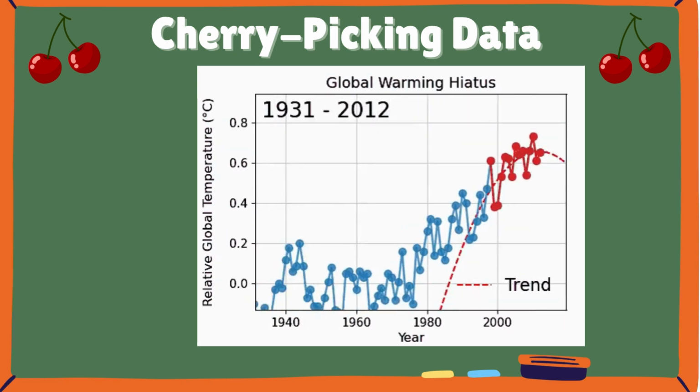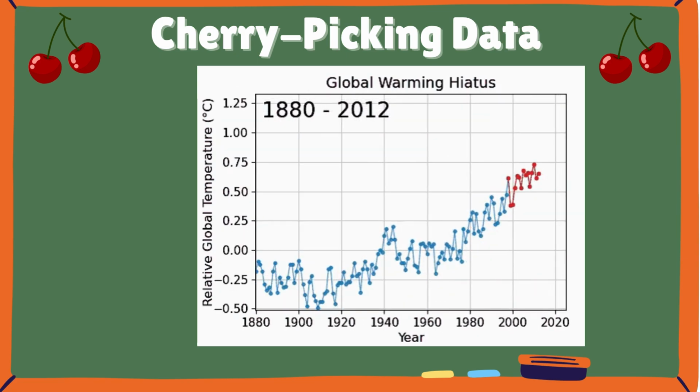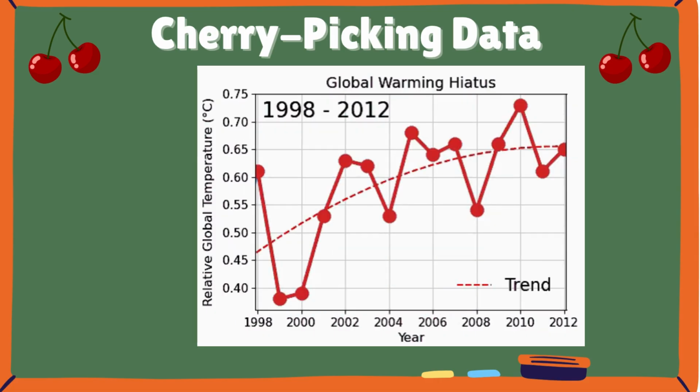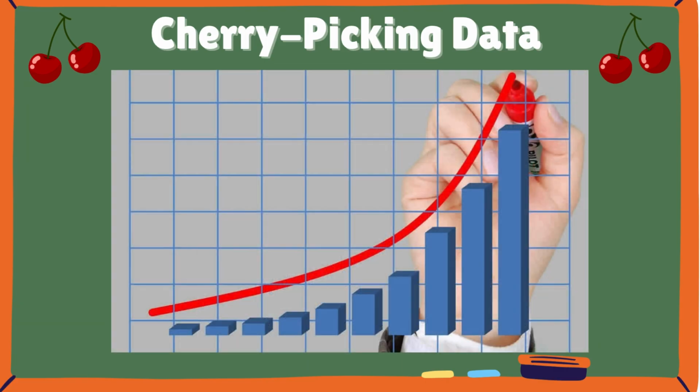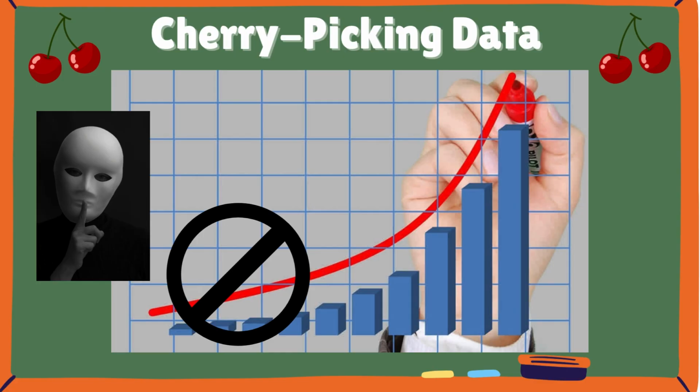When you plot global temperatures from a broader range, say 1880 to 2024, the overall trend is clearly upward. The 1998 to 2012 pause vanishes into a much larger pattern of warming, and modern data shows new record-breaking temperatures. Companies cherry-pick too. "We've had record-breaking growth," they'll say, after quietly deleting the worst quarter in their history.